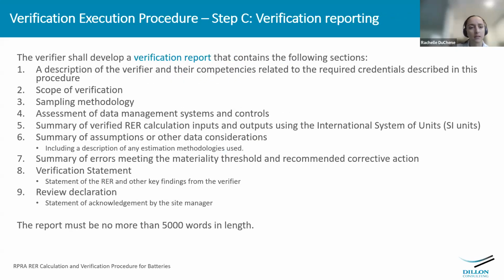And then step C is the verification report. So we've got which sections to include in this report. So there's 9 of them. You're going to describe who your verifier is and what their competencies are to assess your facility, what the scope of the verification was, your sampling methodology. You're going to assess what the data management system and controls were like. And you're going to have the summary of your RER calculation, summary of any assumptions you made along the way,